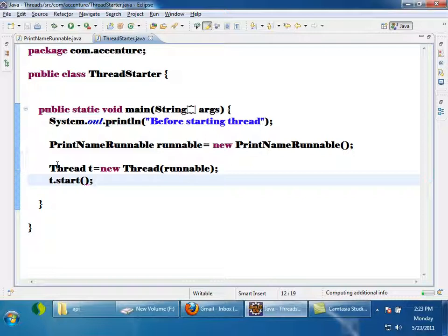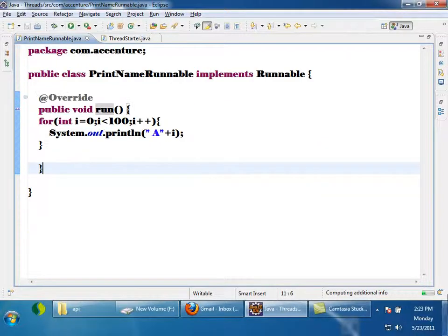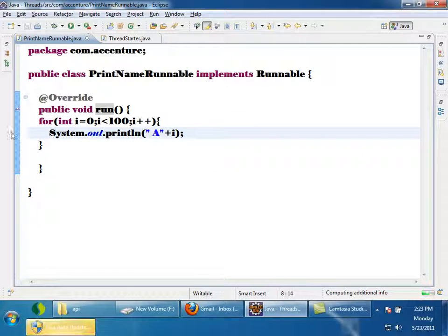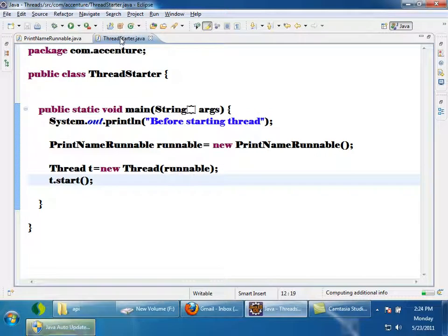Okay, let me explain you clearly what will happen in this case. I will start with debugging. See, I want the control to stop once it comes to this line. So what I am doing is I am keeping a breakpoint here. Double click on the blue line, it will create a breakpoint. You can type it afterward, just try to understand the concept first. Okay, here also I want to create a breakpoint.